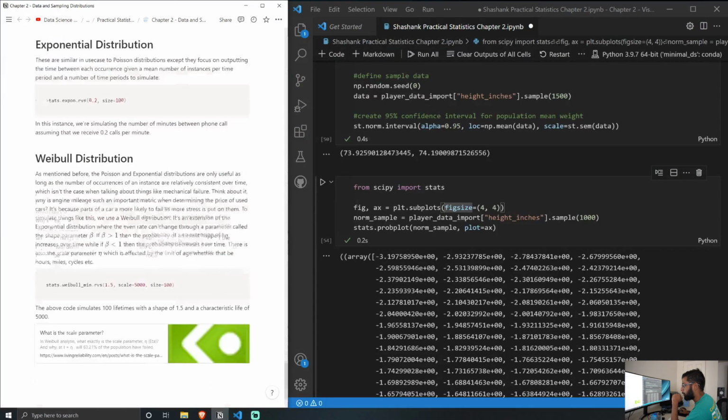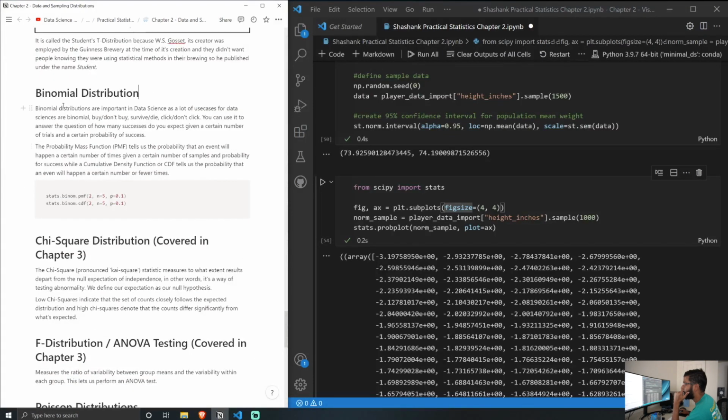And probably the last important thing we go over in this chapter is the binomial distribution. Binomial distributions are very important to data science because a lot of data science answers binomial questions, like buy, don't buy, sell, don't sell, click, don't click. For example, if we use this button over here, the user will either click or they won't click. So a lot of decision points, which come down to making one of two decisions, can be modeled with a binomial distribution. And so basically what a binomial distribution requires is